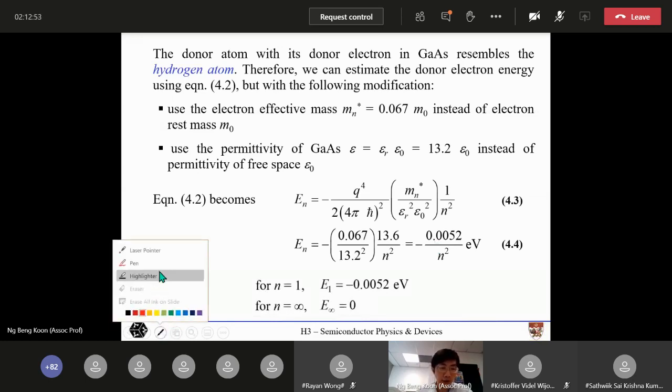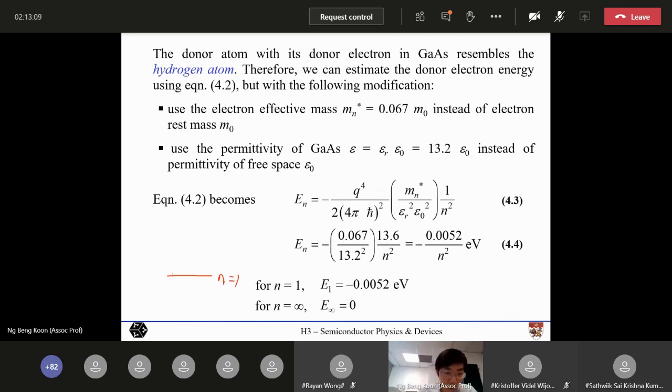If you sketch the energy of this fifth electron, starting from the lowest value n equal to 1, it is minus 0.0052 eV. If you substitute n equal to 2, it's a slightly less negative number, then n equal to 3, and if we keep going, you reach n equals infinity,